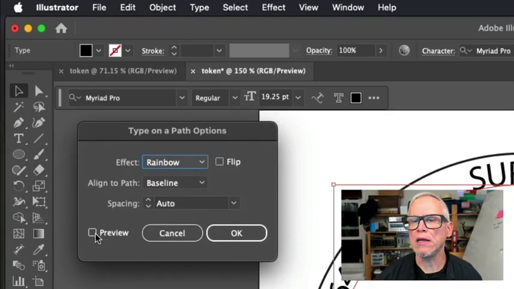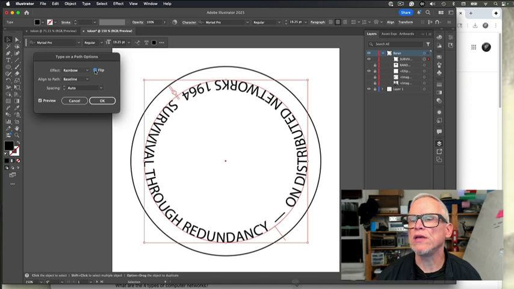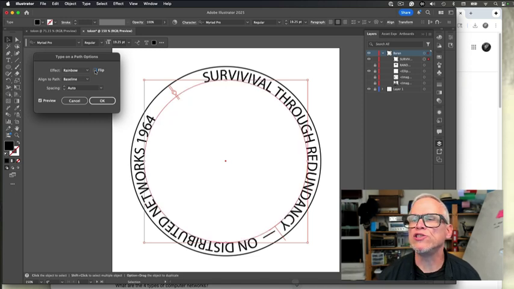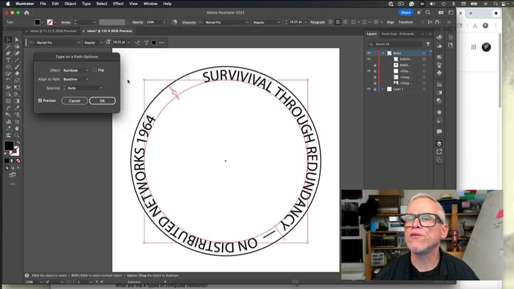If you want to see how things are going to change in your file when you try different things, click the preview button, and then as you make a change, such as let me just flip this, you'll see how the object changes as you're working on it. Okay, this is one of these methods. Now, there are